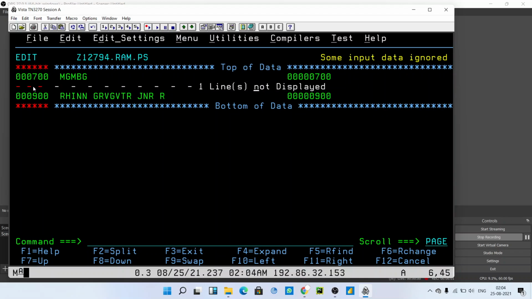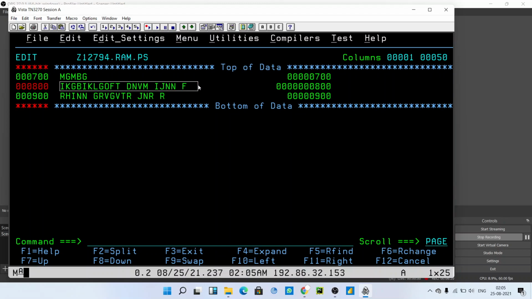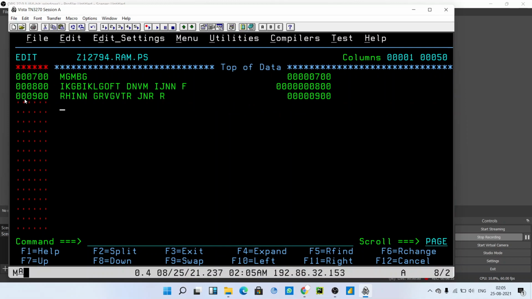Okay, so what if I want to now show the hidden code to my friend? I can use yes, and if I press enter, see, my code is displayable, and anyone can see it now. So you might be thinking, what if we want to hide 3 or 4 lines, how can we hide them? I'll tell you how you can hide it.